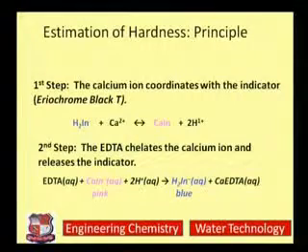In the second step, from the burette, drop by drop we pour down EDTA, and this EDTA chelates the calcium ion, means forms a complex compound with the calcium or magnesium ion whatsoever is present, and releases the indicator. The indicator, which is actually of sky blue color, regains its sky blue color when it is released completely, and at the end point we get the calcium or magnesium EDTA complex with the release of indicator.